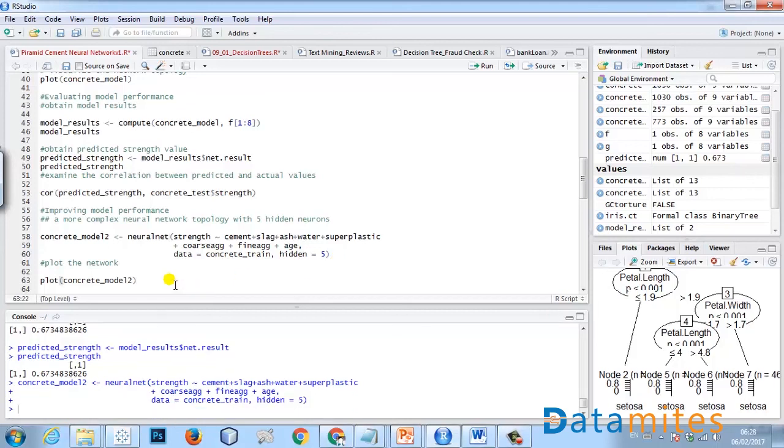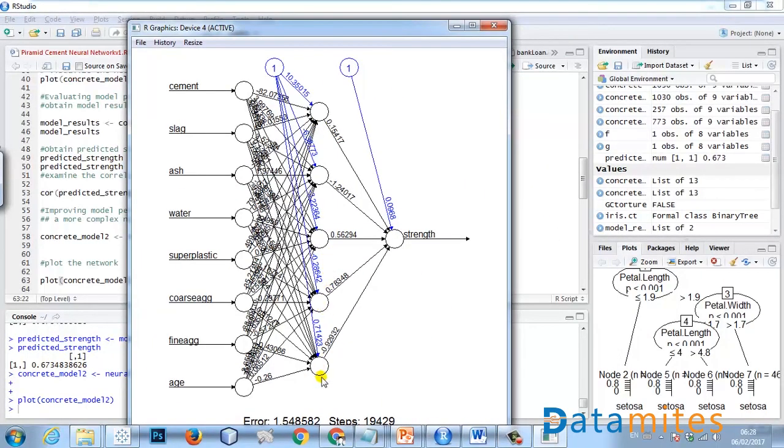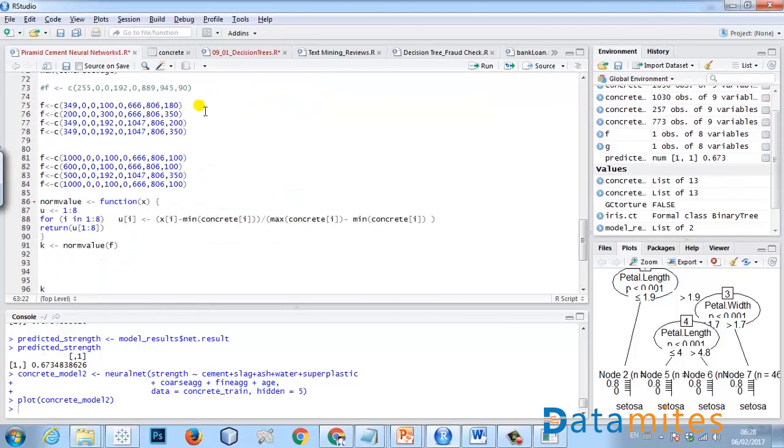Now it is done. I can go ahead and plot it. So now I have added 5 more neurons. Neurons are just like the real neurons in your brain. With 5 more neurons, this model becomes much more accurate. I have given the inputs here, so with this cement, this slag, and so on, it can find